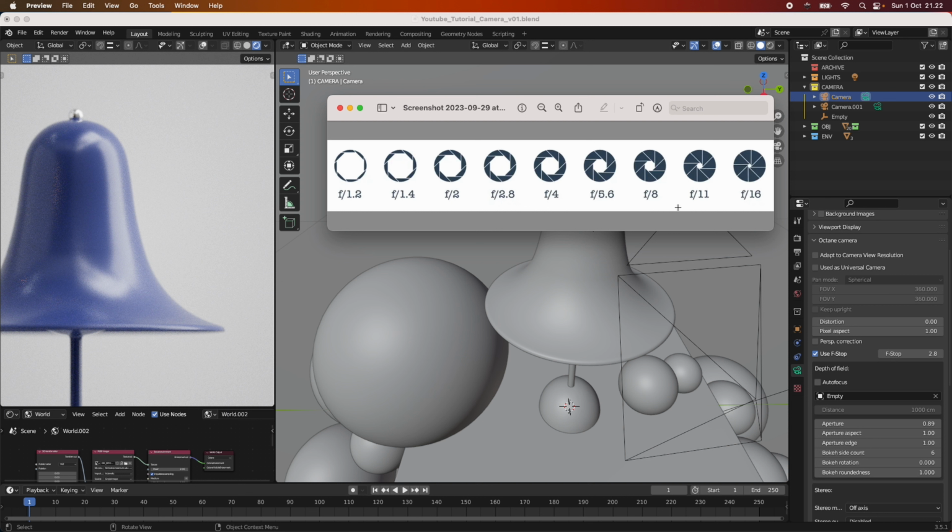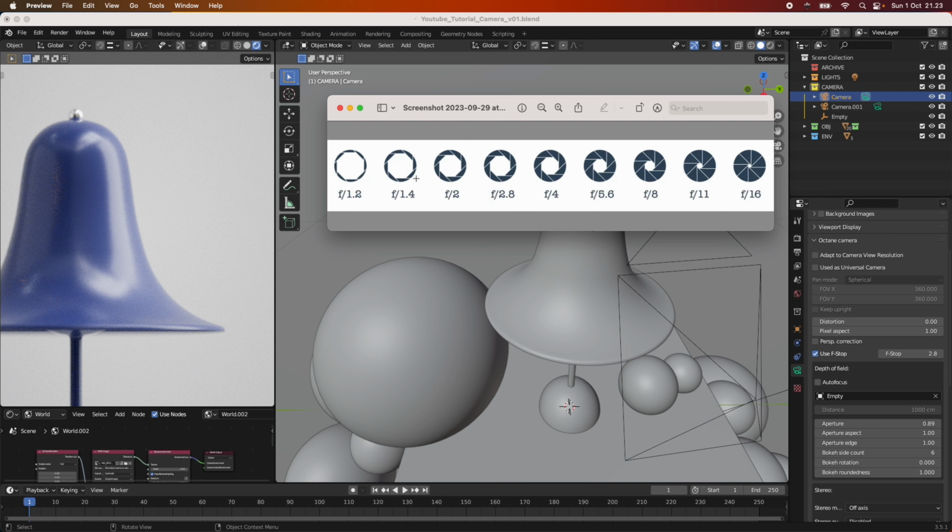But if you look at real-life settings, there are a few lenses that can go down to f/1.2, and normally f/16, f/22 or something like that is the highest of the f-stops. So this is where there will be no light. As you can see in the illustration, the hole is really small compared to over here, but you shouldn't